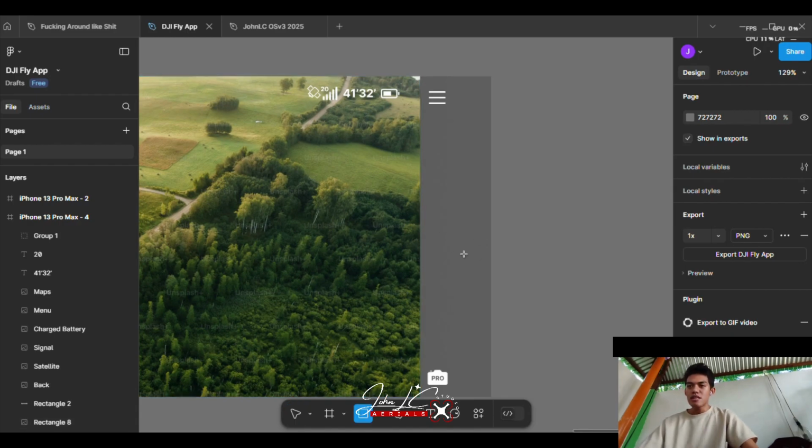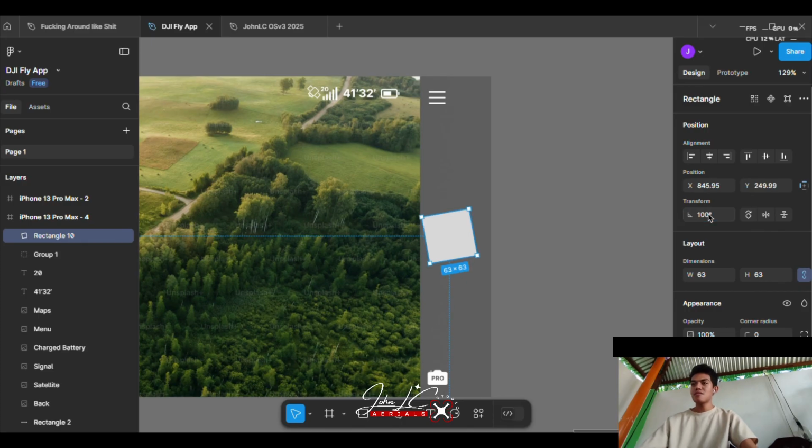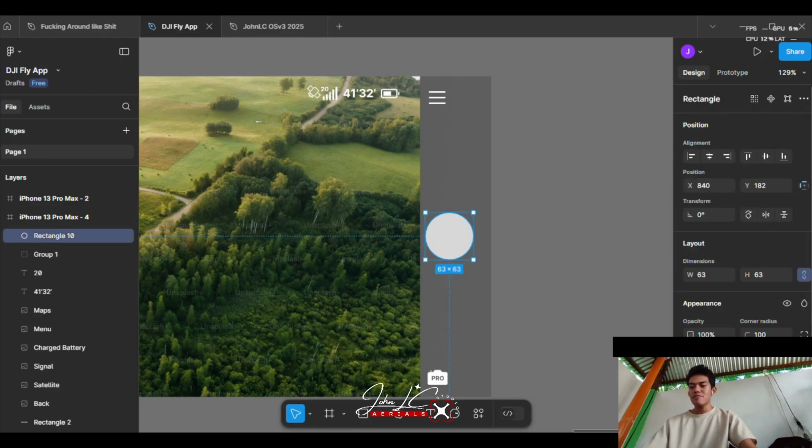Now let's just add the main button first for the capture button. Adjust the size, and that's not the size of the, adjust the radius. So adjust the radius, also the color, make it white,